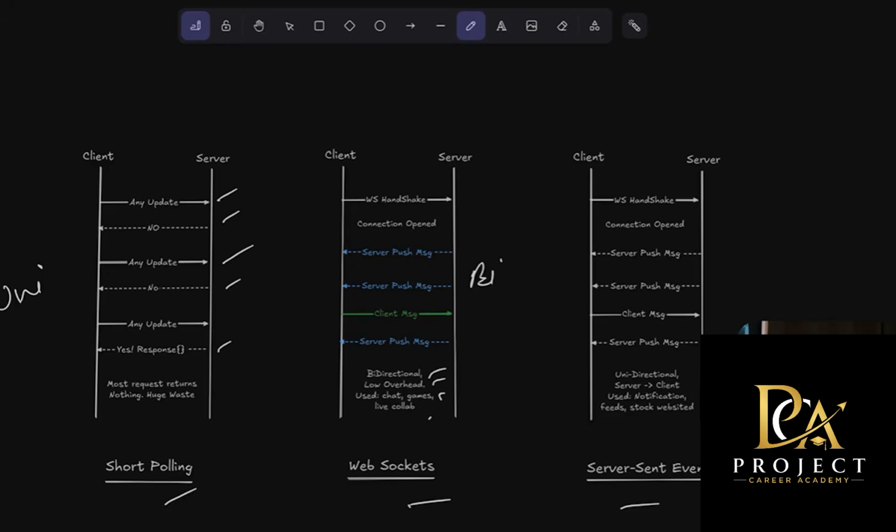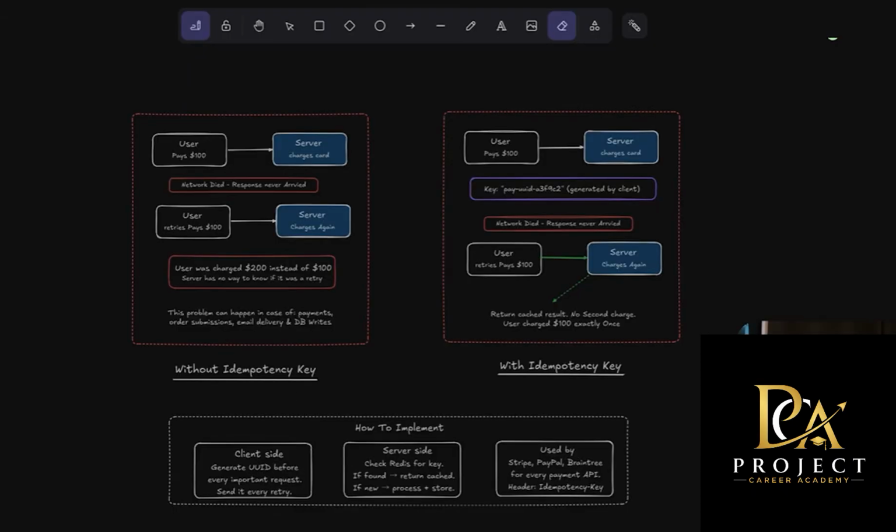One thing that we haven't covered so far are some concepts. First of these concepts is idempotency. Let's say I'm doing a payment, right? I'm paying $100 and the server has processed my payment. However, the network failed before the response could reach the user. So when I see there is no confirmation, I will click on pay again, thinking that my $100 has not been debited. I'll click on pay again. And what happens is I've now successfully spent $200. And that is a serious problem.